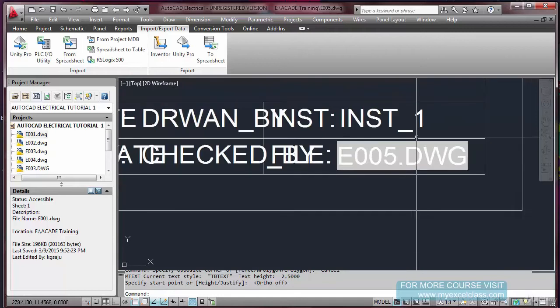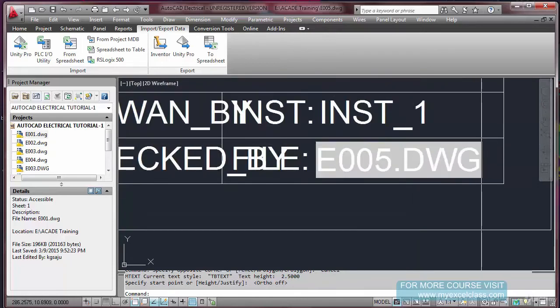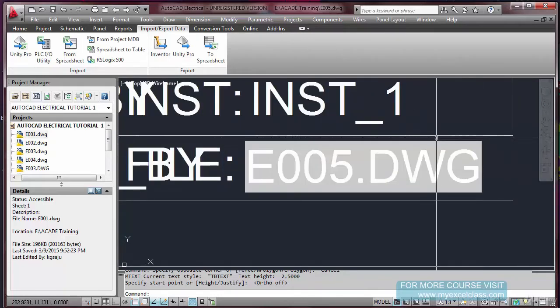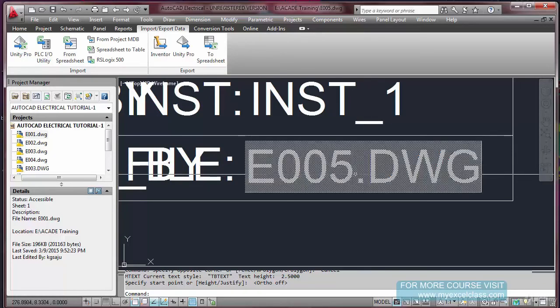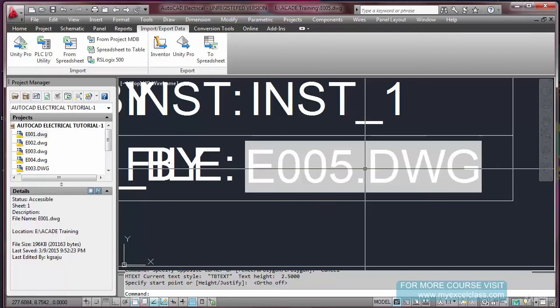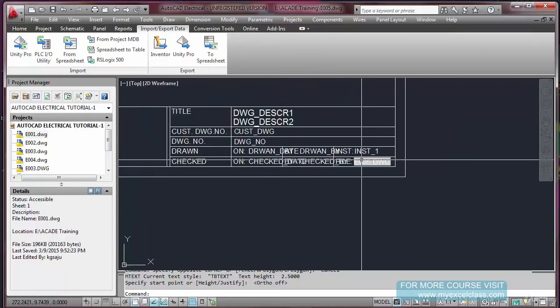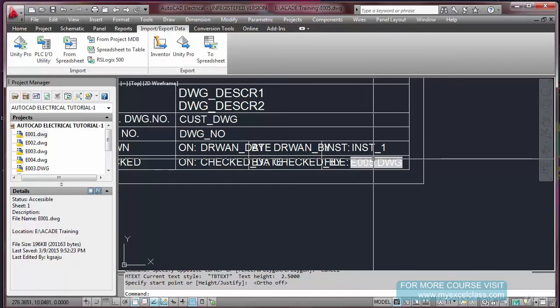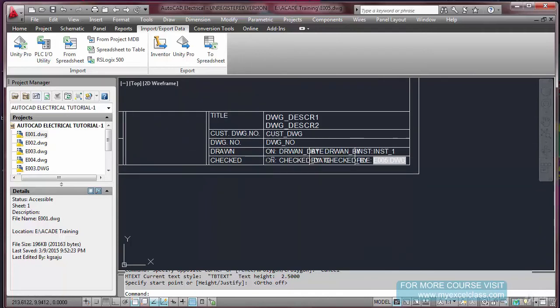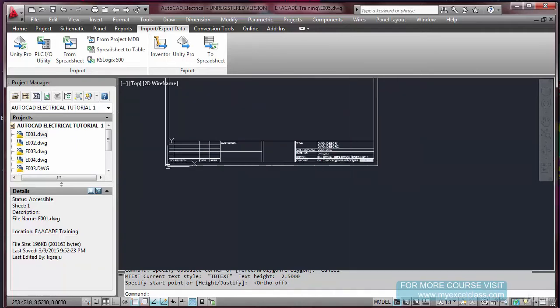The benefit of putting this field here is that when you save this drawing as, suppose, E00X, you don't have to come here and change it. It will automatically change to 006. So this is the benefit of field. You guys should do some R&D with field. You can utilize it very well in AutoCAD. So these portions are complete.